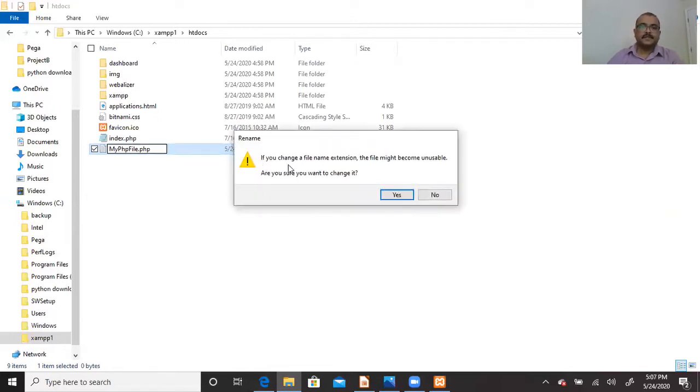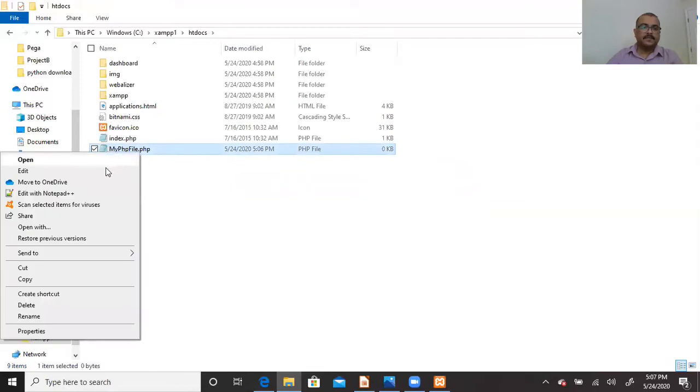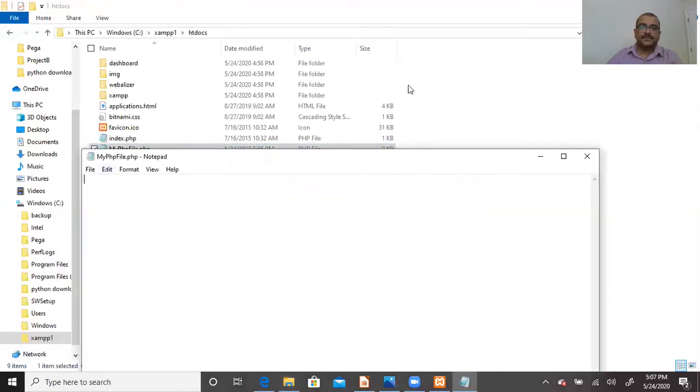Now it is going to ask you to change the extension for this file, because previously it was a text file. I'm going to change it to PHP. Now my first PHP file is created. Now I'm going to edit it, because I want to show you my first PHP code.